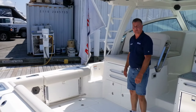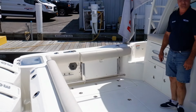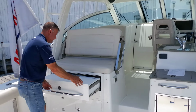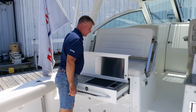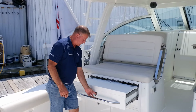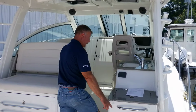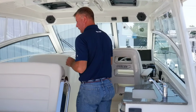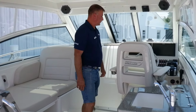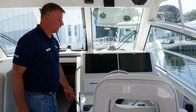This particular boat is equipped with the port side seat, grill, and as you come up, twin refrigerators, cockpit air conditioning and heat, full electronics package, dual screens,